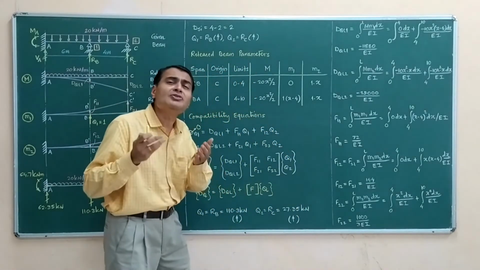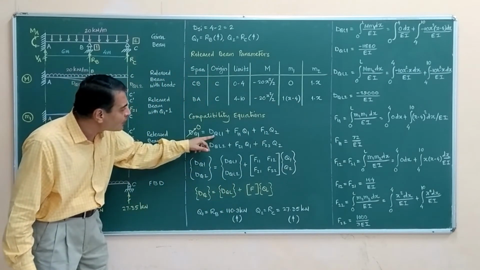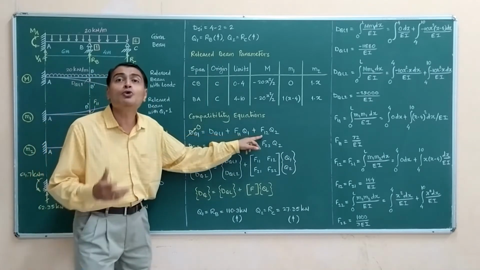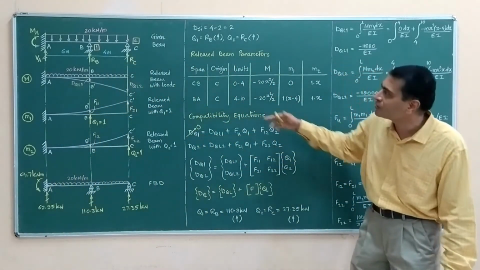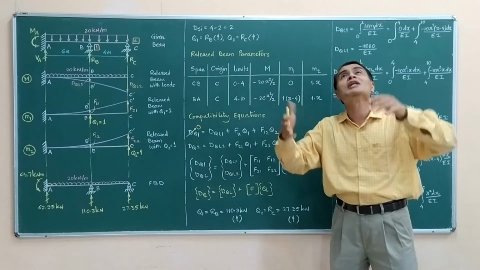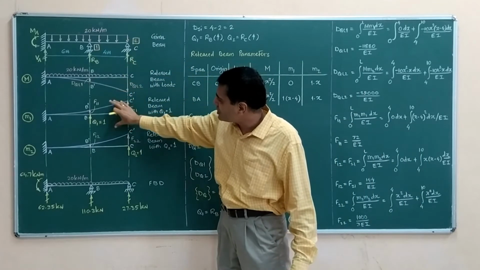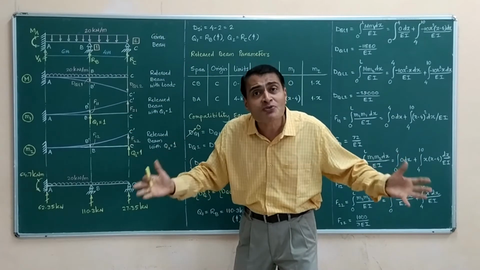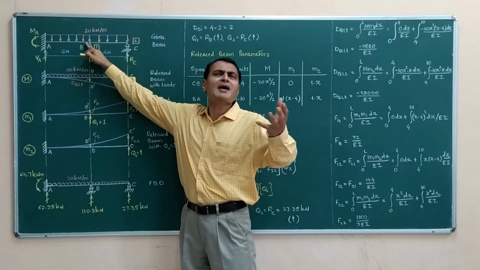Just see if I have written same equation or not. It is dq1 is equal to dqL1 plus F11 into Q1 means RB plus F12 into Q2 means RC. Just observe each term in this equation. You carefully try to find in your diagrams and you will immediately be able to relate. It is so simple. If this is equal to this plus this into RB plus this into RC, it is true for all parameters, for all physical quantities. So it is also true for the deflection at B, which happens to be 0.